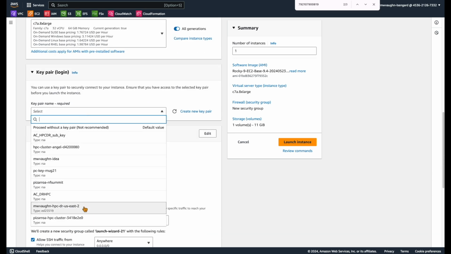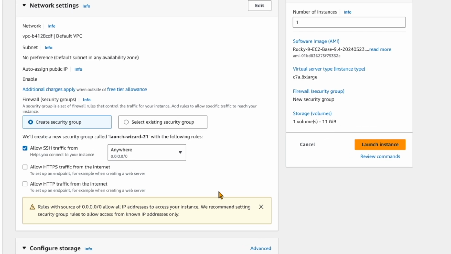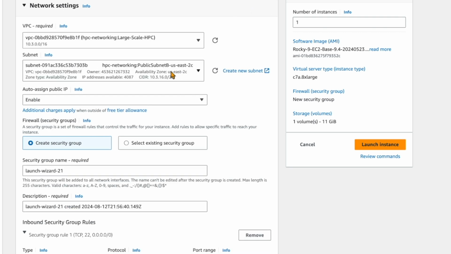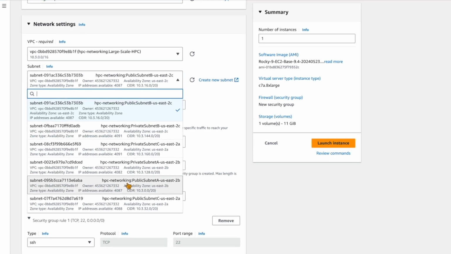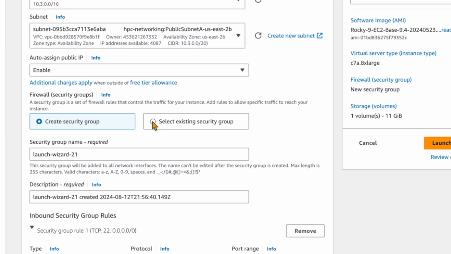We'll pick our key pair so that we can log in. And now let's configure our network. So default will work just fine, but I like to actually switch into the VPC that I'm using to test PCS for various reasons. So there, we want a public subnet. One of our public subnets, let's go with US East 2B. We want to make sure to enable a public IP address, and we want to select a security group